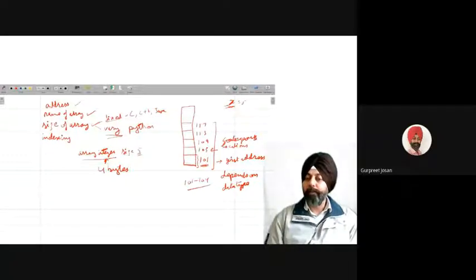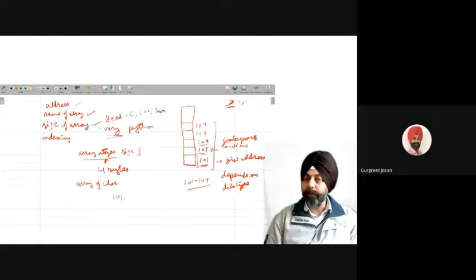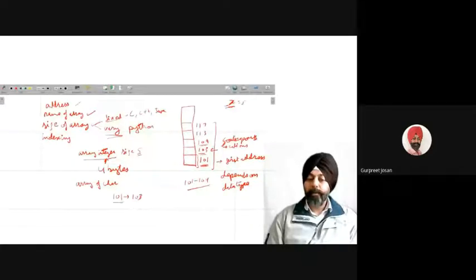Similarly, second element also requires 4 bytes, so the address of second element will be starting from 105. Similarly, address of the third element will be starting from 109. And if it is an array of character, then if the first address is 101, then the second address will be 103 because of the requirement of 2 bytes for each character.